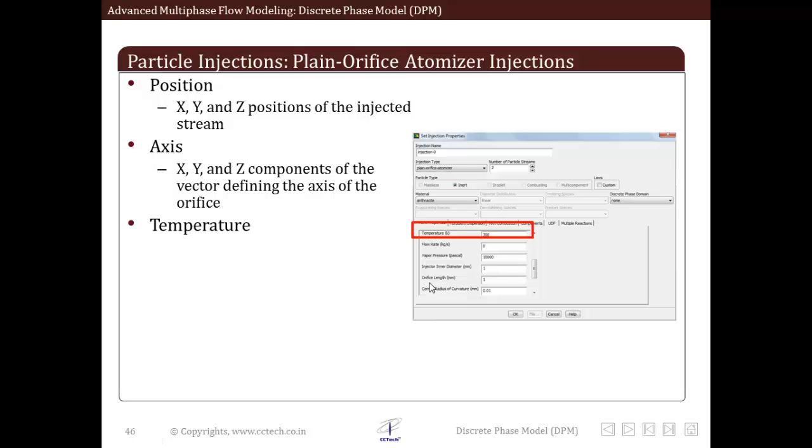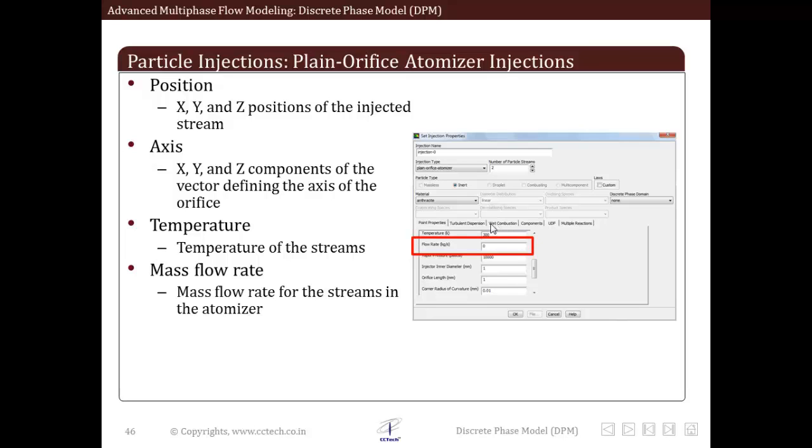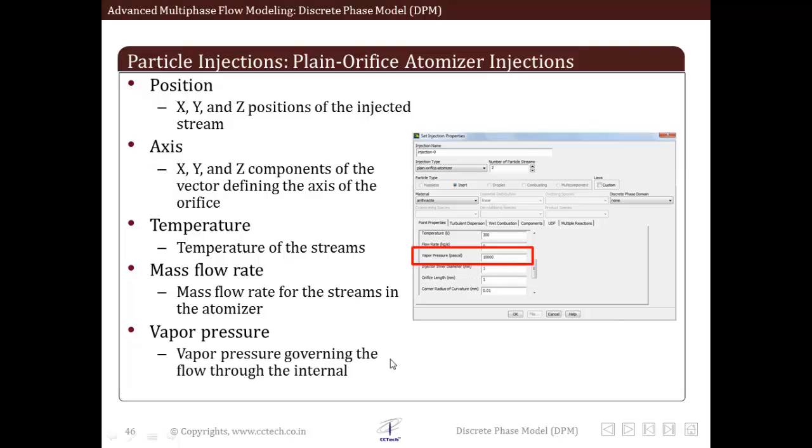Next, we input the initial temperature of the stream. After that, we input the mass flow rate of the streams coming out of the atomizer. Then we input the vapor pressure, which is given in pascals. This is the vapor pressure governing the flow through the internal